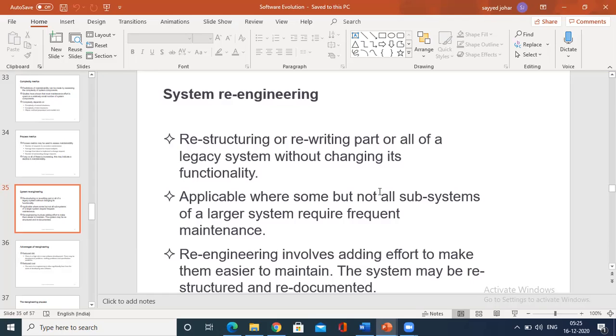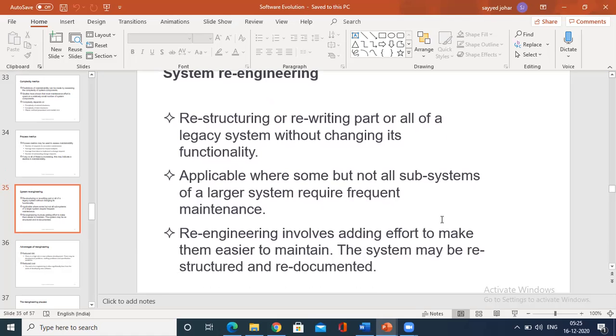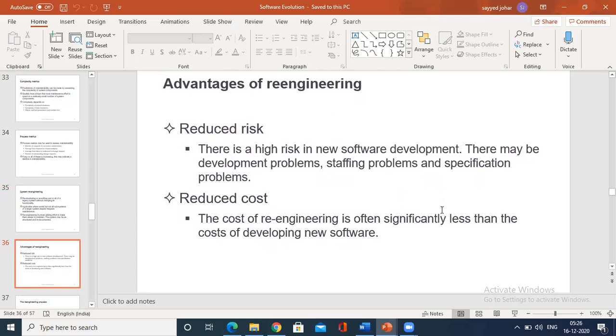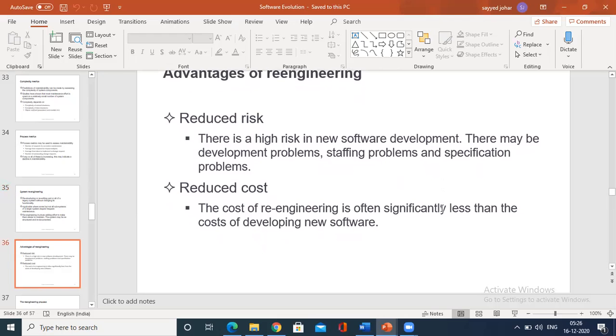There are two important benefits from reengineering, rather than replacement. So what are the advantages of reengineering? Reduce the risk and reduce the cost.